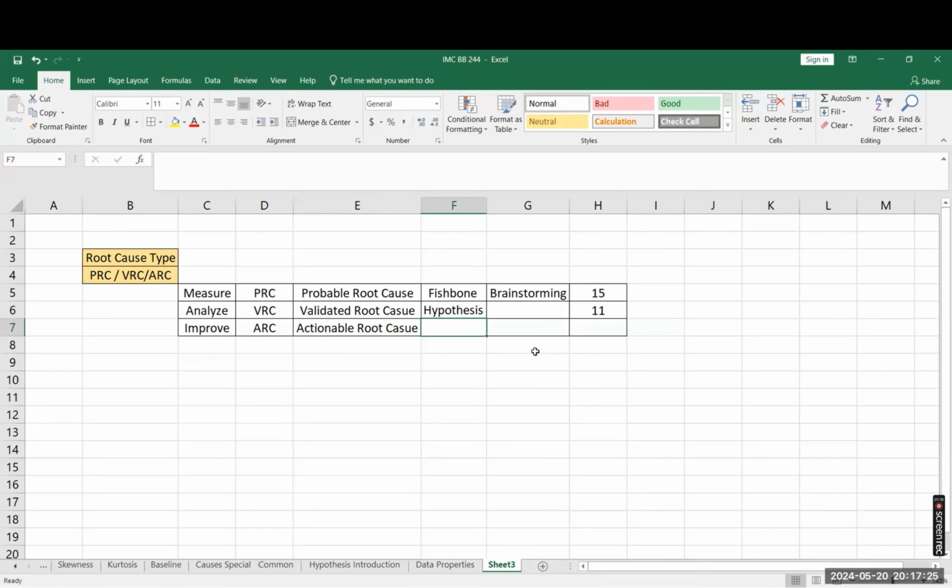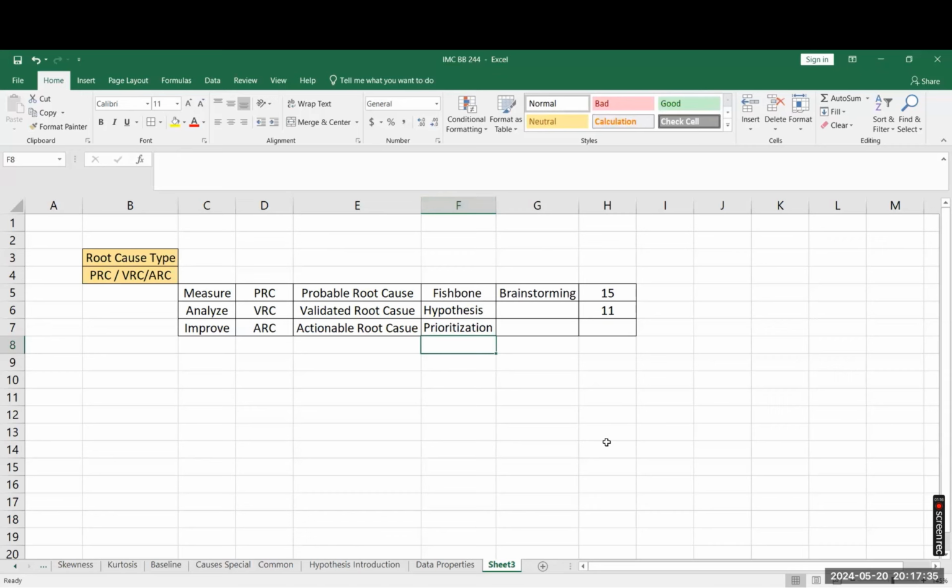So we do the prioritization of which are the root causes I can really work upon. Those are called actionable root causes. Maybe you are left with, let's say, 6. 11 root causes have an impact on your y variable or output variable, but you cannot take any action on 5 of them. So you are left with the 6 where you can take the action. So these are the 3 stages of any root cause. That's how we identify. Ask me a question before I proceed further.